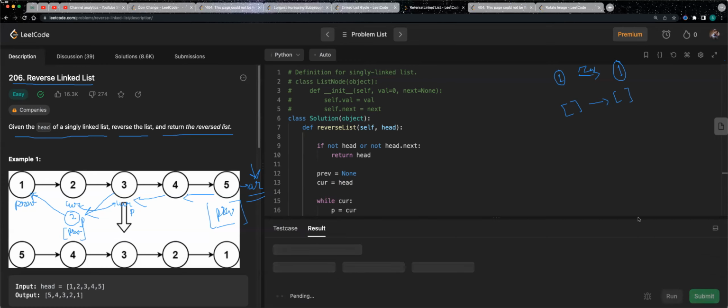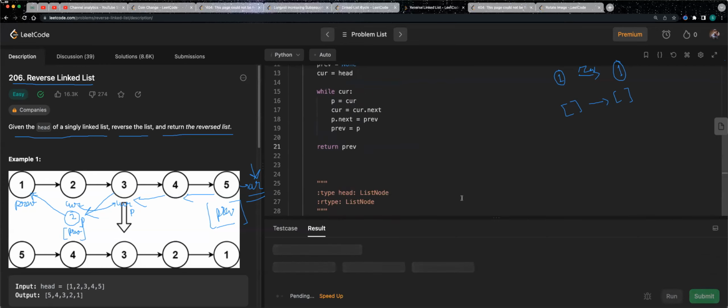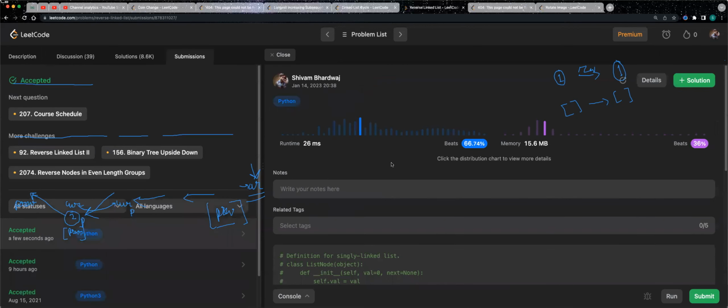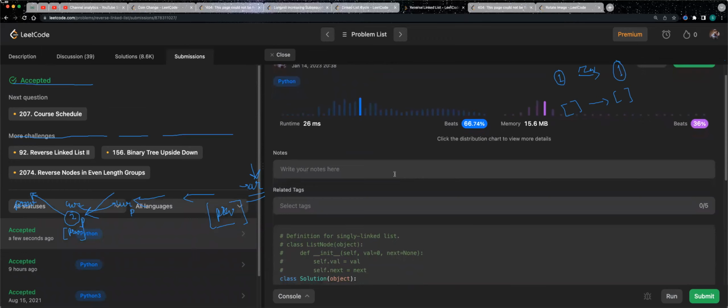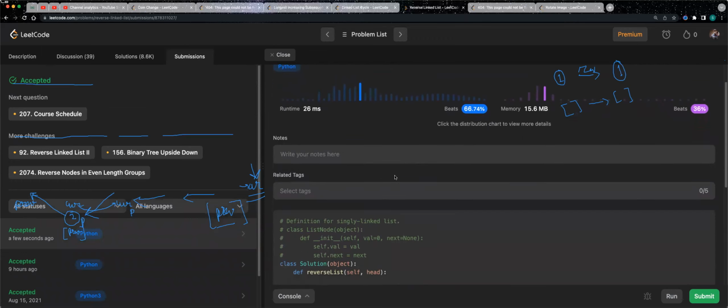So let's check the solution. As we can see, this is a pretty efficient solution and does the job for us. I hope you guys understood the